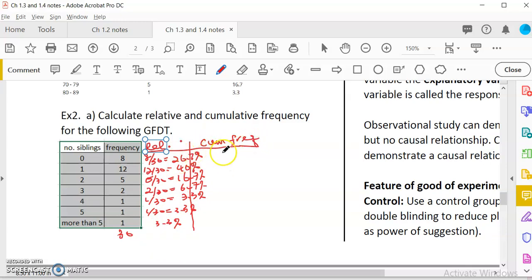Cumulative frequency would be all the things that are less than 1, that is 8. And the less than 2 will be 12 plus 8, which is 20. Less than 3 would be 12 plus 8 plus 5, so it's 25. And then the less than 4 would be